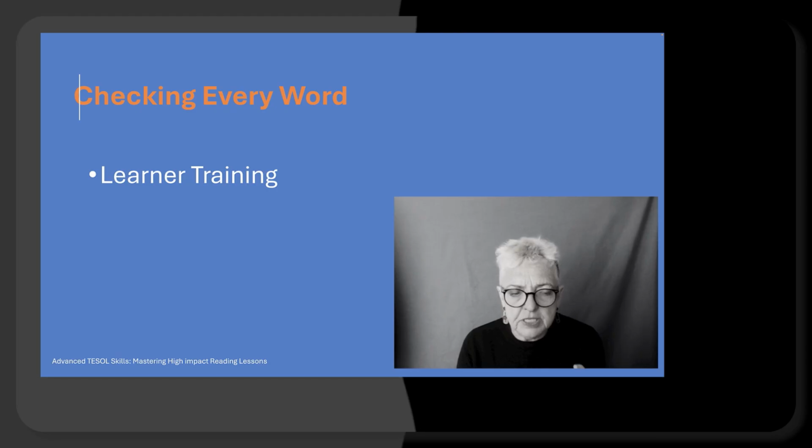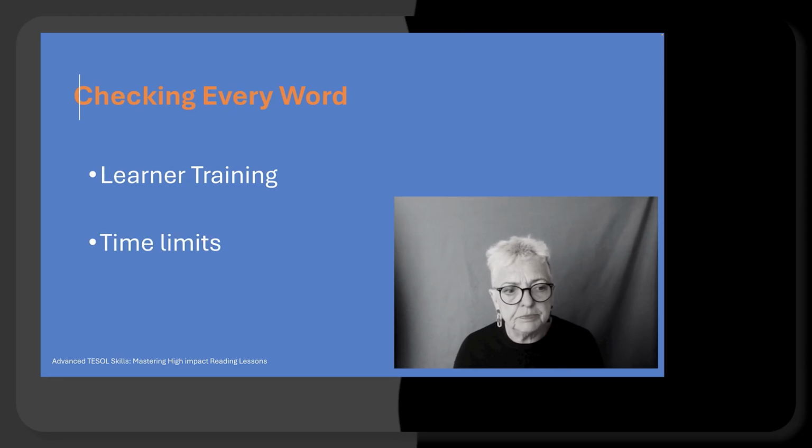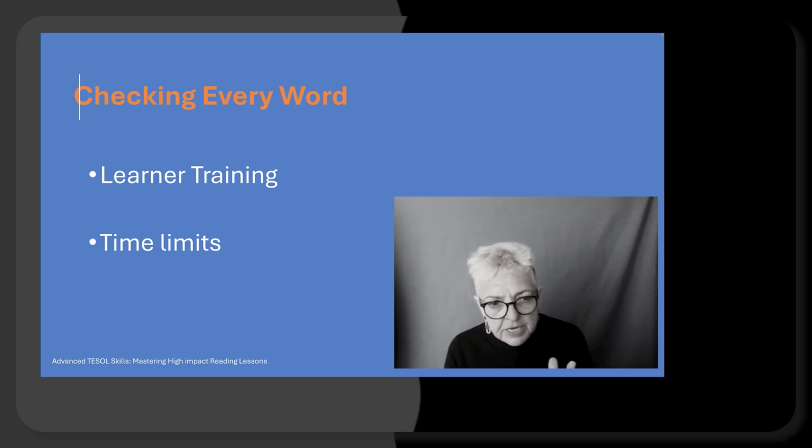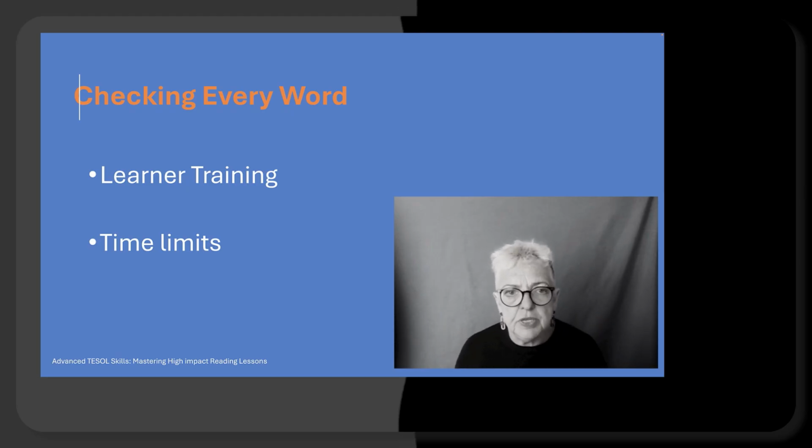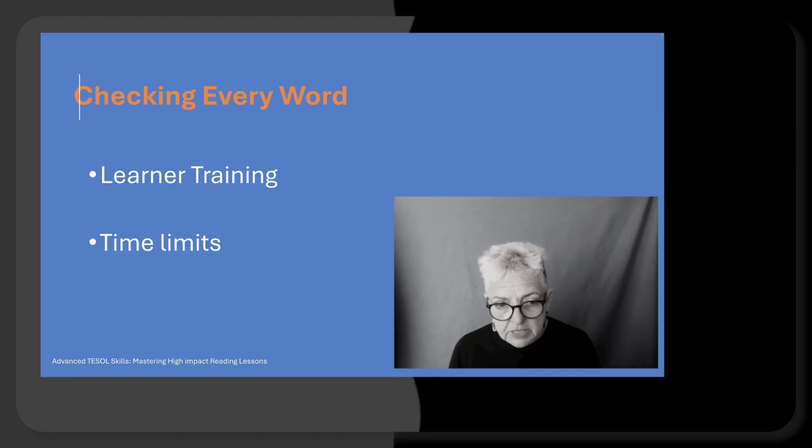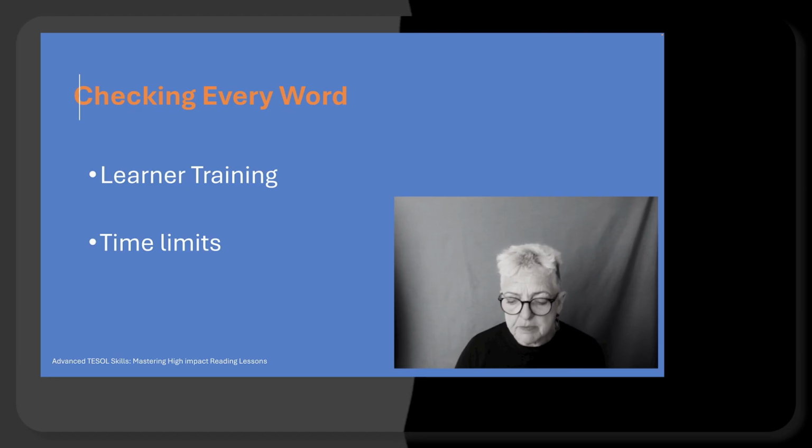For example, with the GIST task, you set a time limit. You want them to read quite fast. So time limits are great. The fastest reading will be with GIST. Comprehension takes a bit more time, but make sure that the guideline that I give for teachers is take how long it would take you to read it, and then give half that time again. So 1.5 times is roughly how long you would give the students.